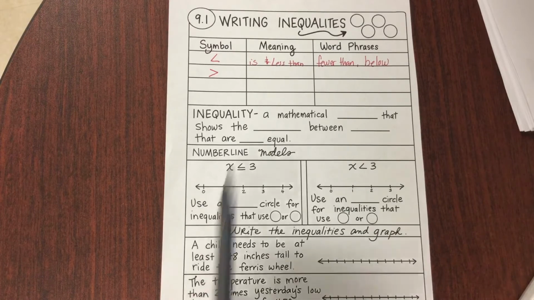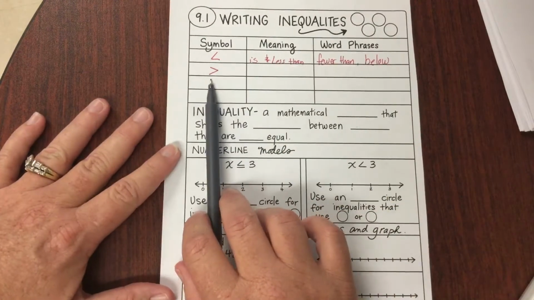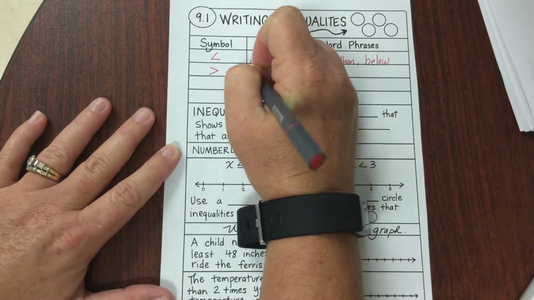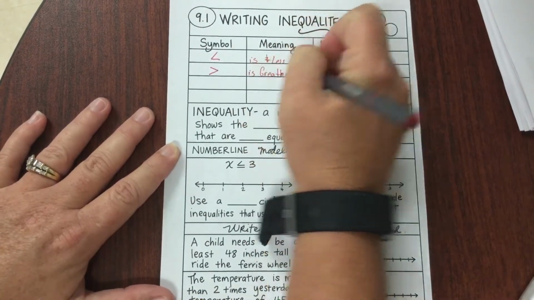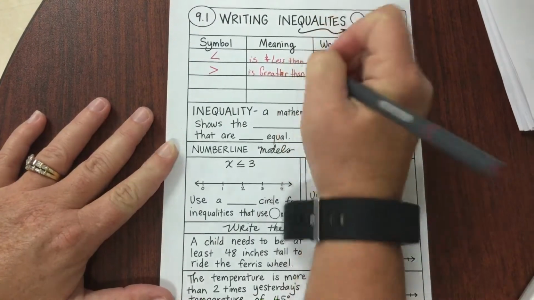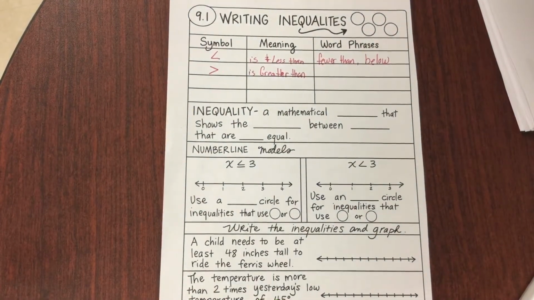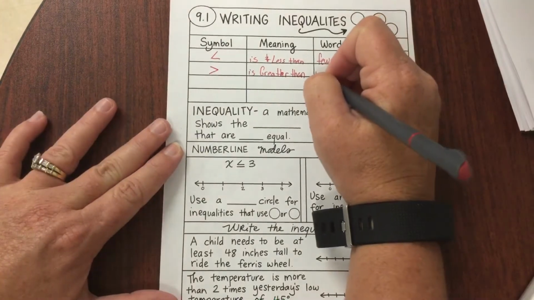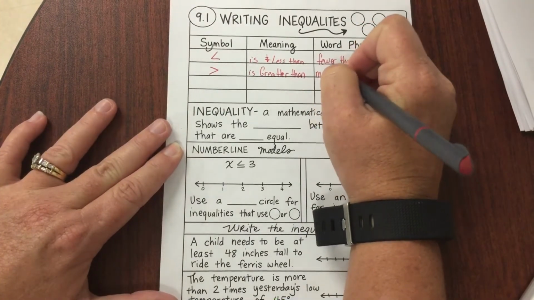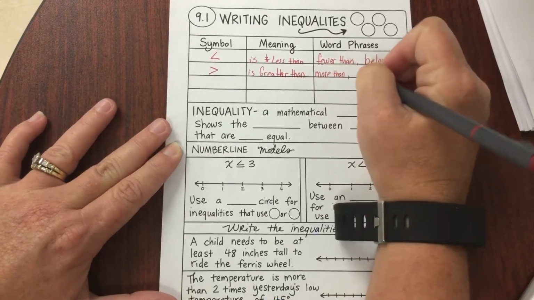Then we have, if this one's less than, what is this one? Greater than. I haven't written in a while. I don't know how to spell. So some word phrases would be more than, above,